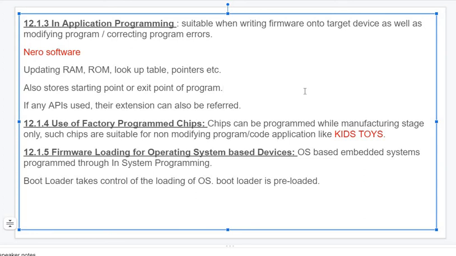See here, there is no diversity, there is no extra added intelligence. Left, right, straight, back. Only these 4 steps are there in our kid's toy or a remote car.